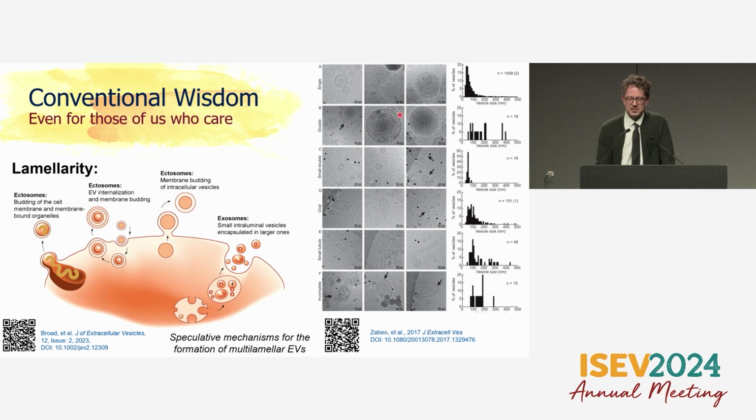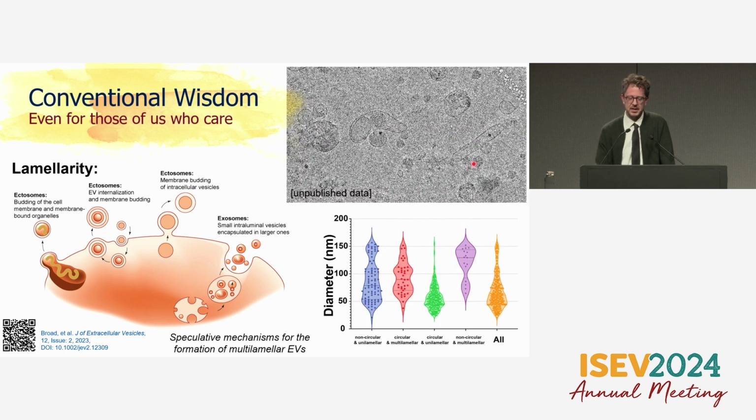And just more evidence from the literature. I mean, this is already many years since this paper came out. We've known about this problem and even started to quantify it, that the degree of lamellarity is not a small fraction of particles. It's many of the particles that we see. In fact, in my own lab, we've started to count thousands and thousands of particles from many different sources on cryo-EM to try to characterize this. And you can see the total size distribution of all particles that we can find.